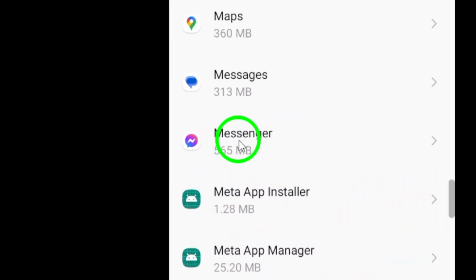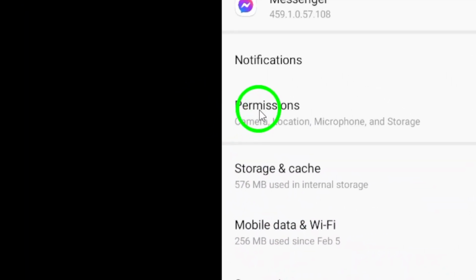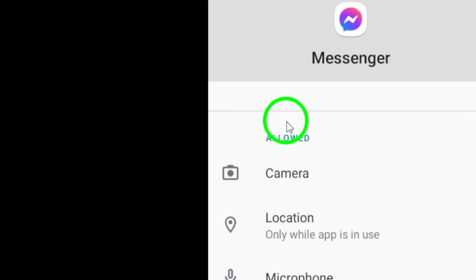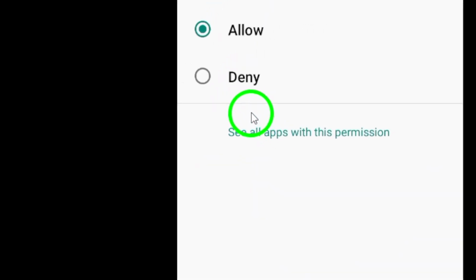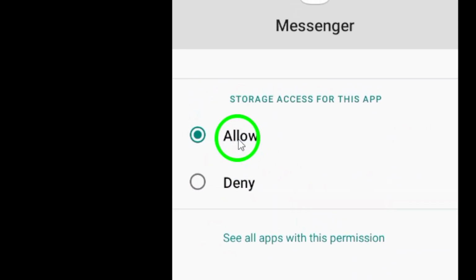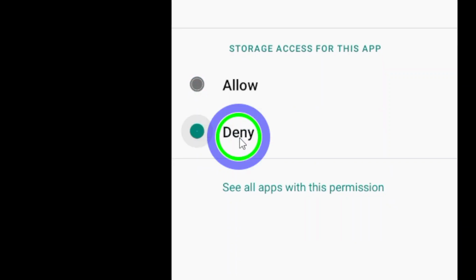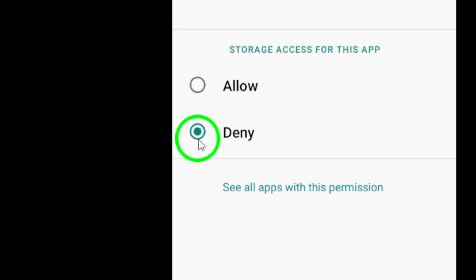Tap on Permissions within the Messenger app settings to view and customize the permissions granted to Messenger. Toggle on the switch next to Files and Media or Storage if you want to allow Messenger to access your files. To prevent Messenger from accessing your media, select the option Don't Allow to restrict Messenger from accessing your files